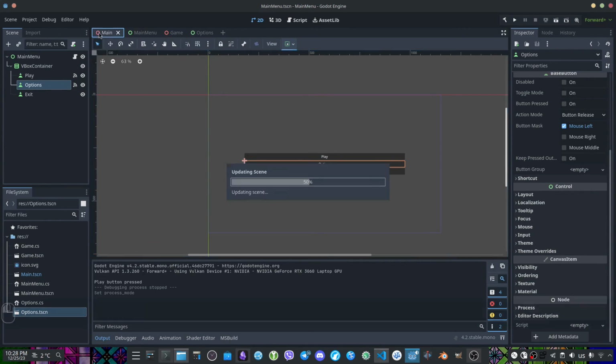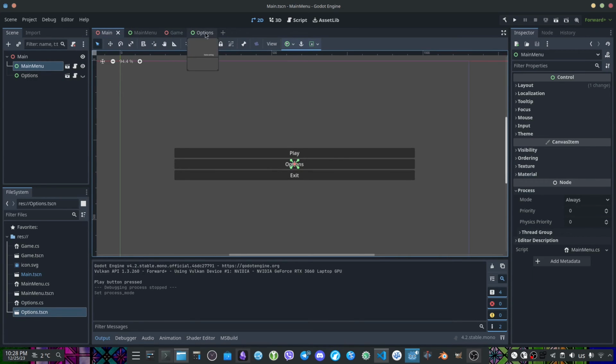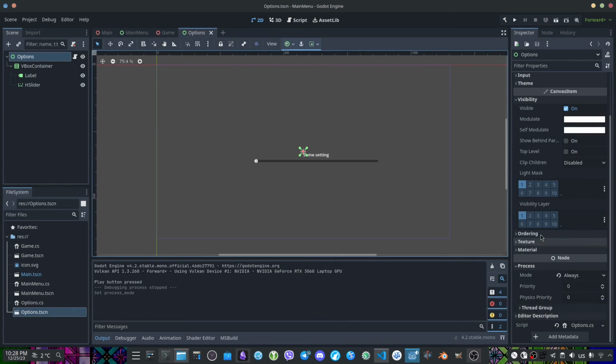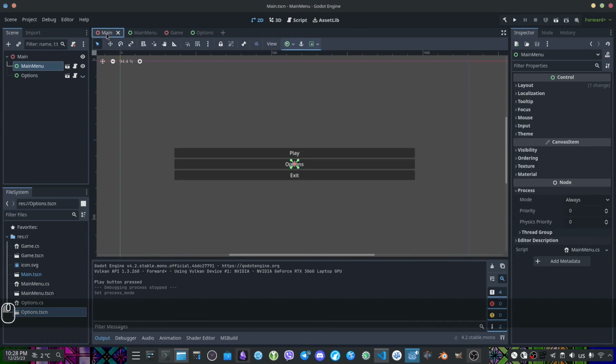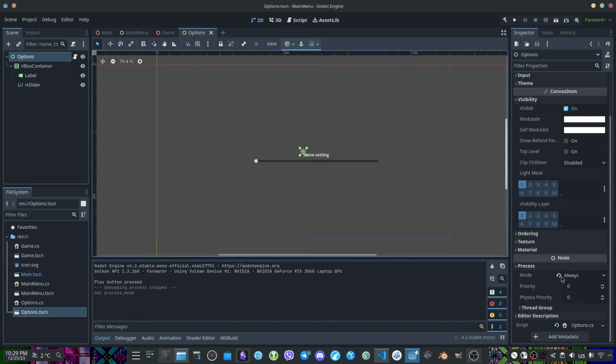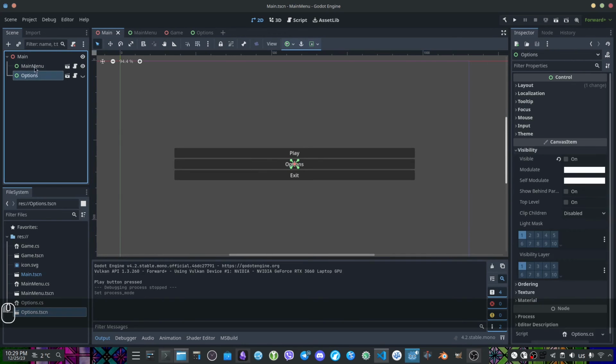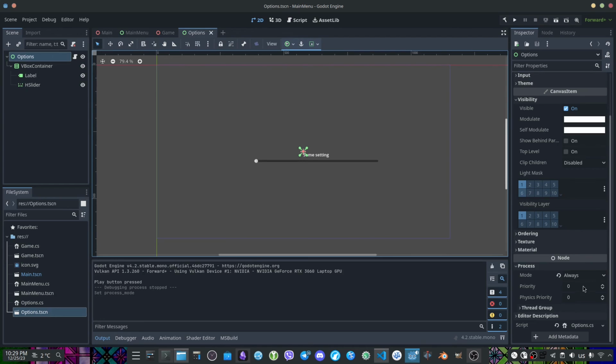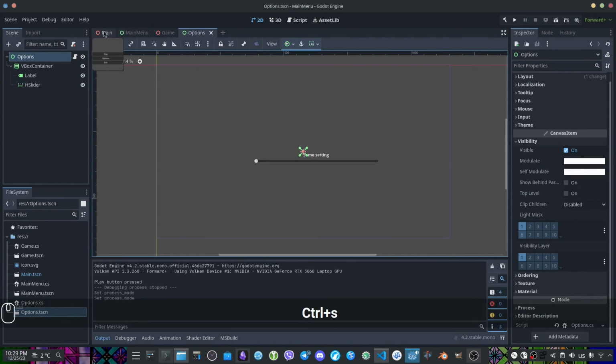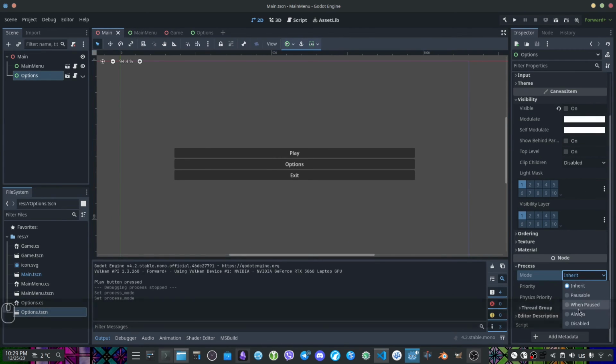Well, actually, there's a little mistake that I'm making. As you just saw, I set this process mode in the scene, but not for this instance. And as this is like custom settings, we don't want this. Maybe in the future we're gonna use this scene for some other game, and there we will actually need this scene to pause. So for the node customization, for the scene customization, it's better to set properties for the instances, not for these scene templates. So let's let this be default, and let's change this option in the instance here. Here we're gonna set always. Okay,